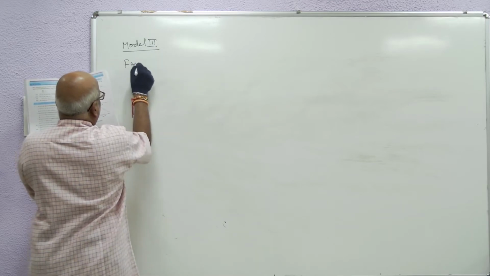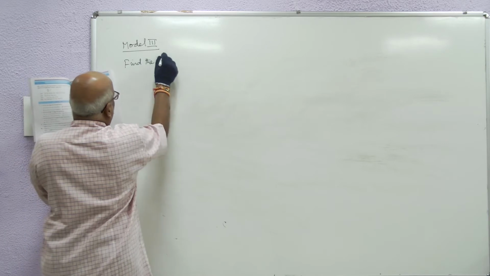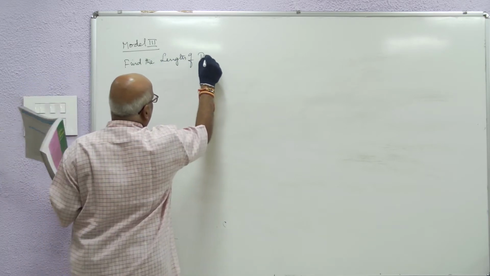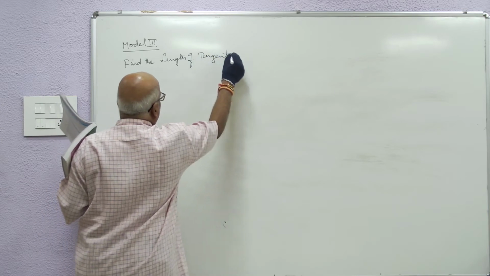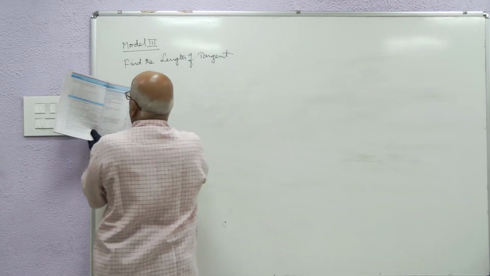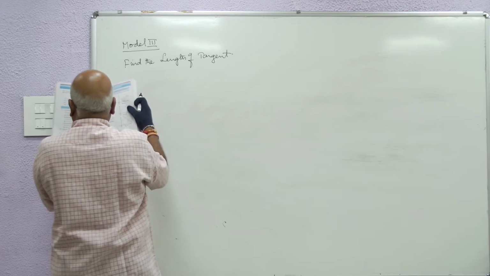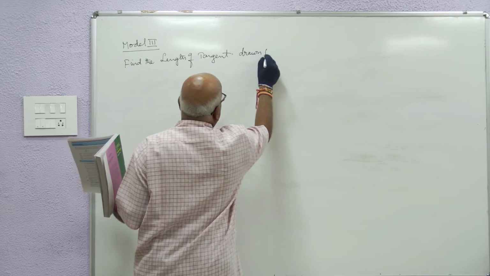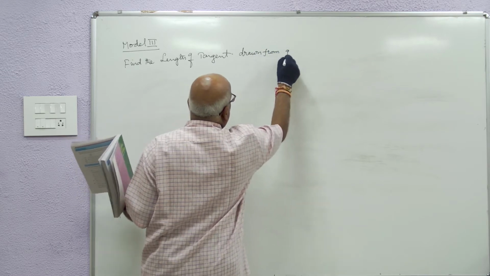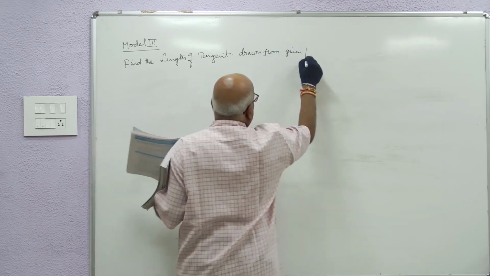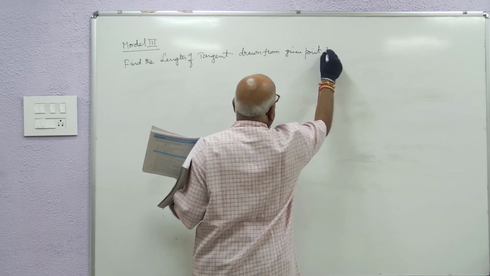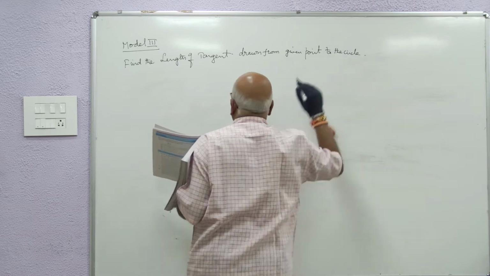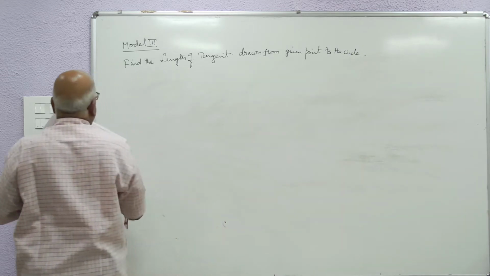Find the length of tangent. Length of tangent drawn from a given point to the circle. Under that heading,